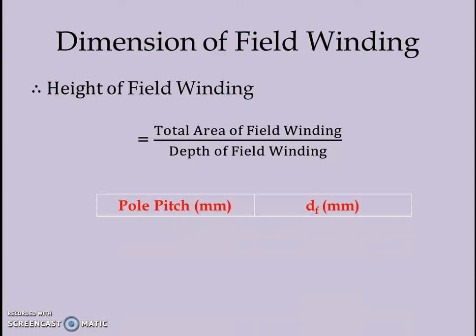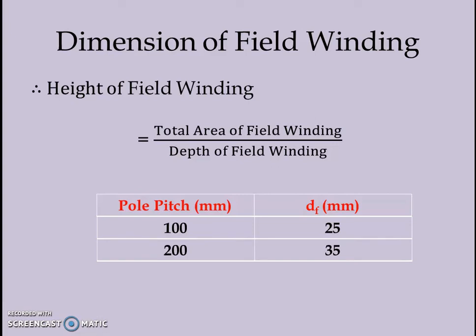So, the pole pitch in millimeter and the depth of the field winding. It is very standard to use, suppose the pole pitch is 100, then we use a depth of the field winding of 25. With 200 millimeter pole pitch, we use 35 millimeter depth of the field winding, and for 400 millimeter pole pitch, we use 45 millimeter depth for the field winding. This way we can decide the depth of the field winding. And if the depth of the field winding is known, we can easily calculate the height of the field